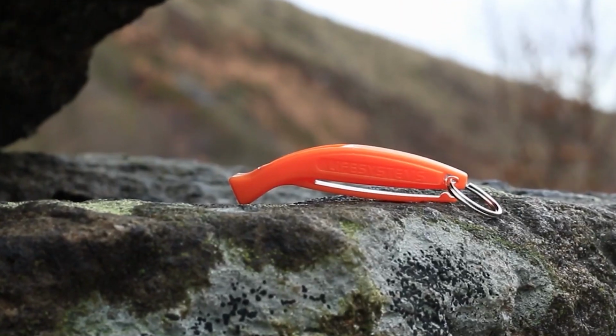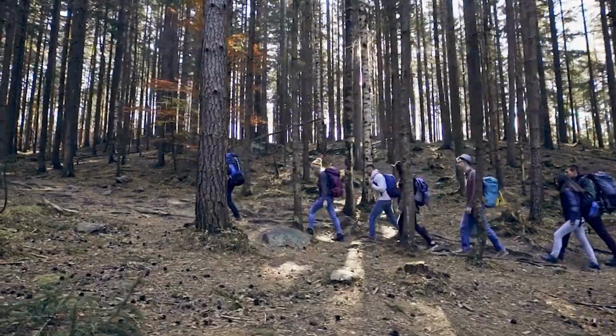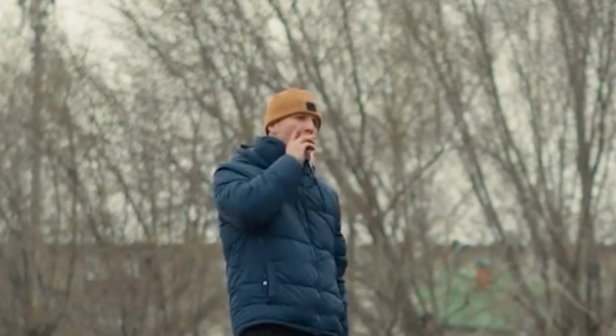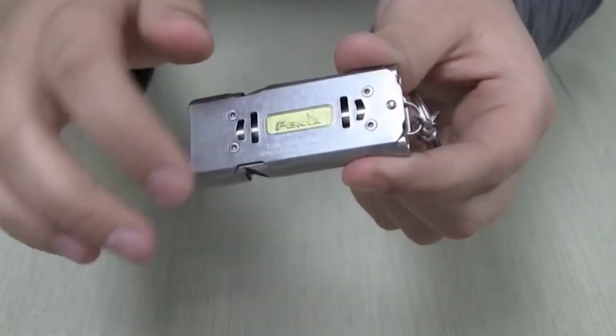but its uses go beyond just signaling for help. In a group, whistles can be used to communicate over distances, coordinate movements, or warn of approaching dangers. Consider scenarios where a whistle could be